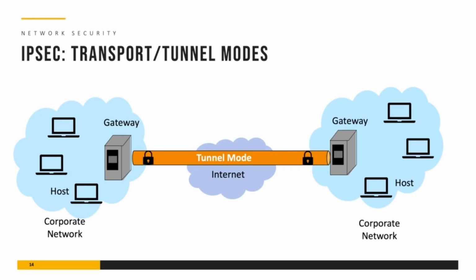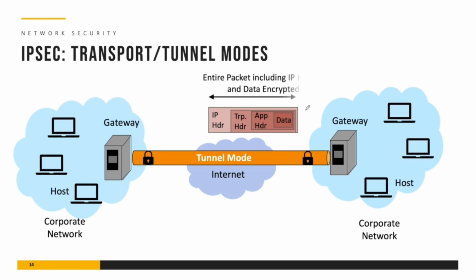In the tunnel mode, we have a gateway to gateway secure tunnel. So basically this is your data, and then you have the other headers such as the application header, transport header, and IP header. Remember, we discussed that your data is enveloped by different layers. They add their own headers and they envelop the packet. So in the tunnel mode, we encrypt the entire packet, including the data as well as all the headers, and especially the IP header. Now, after doing this, we add a protocol header such as AH or ESP,